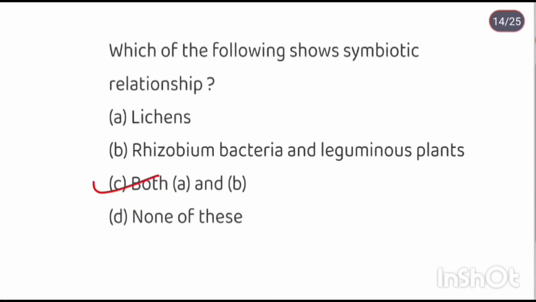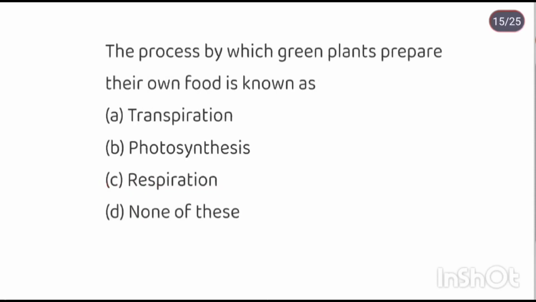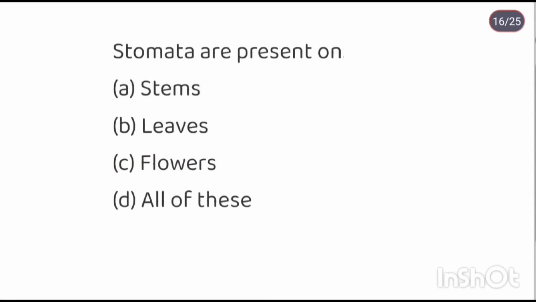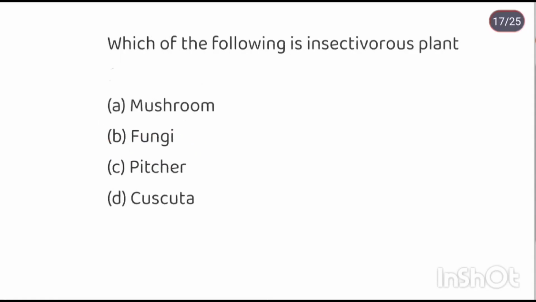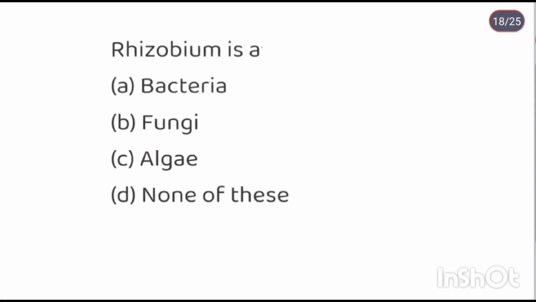Option C, both A and B, lichens, rhizobium bacteria and leguminous plants. The process by which green plants prepare their own food is known as option B, photosynthesis. Stomata are present on option B, leaves. Which of the following is an insectivorous plant? Option C, pitcher. Rhizobium is a